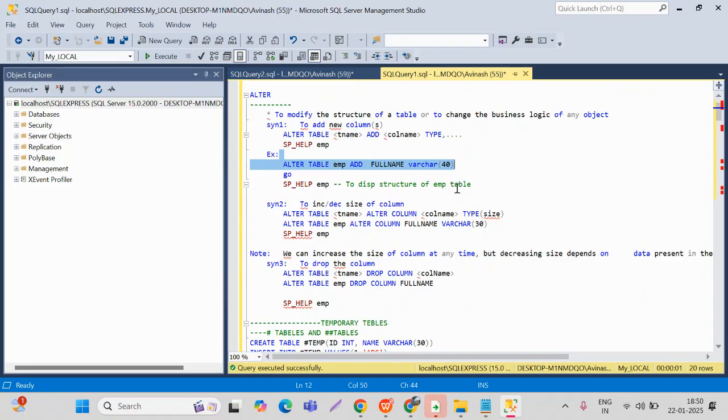Similarly, the full name column, which I currently defined as 40, but the requirement is such that only 30 characters is more than enough of memory for this particular column. Then I need to alter the column's data type: ALTER TABLE table name, ALTER COLUMN with the column name, and varchar 30, which was earlier varchar 40. If I want to change it to varchar 30, this is the syntax that you need to follow: